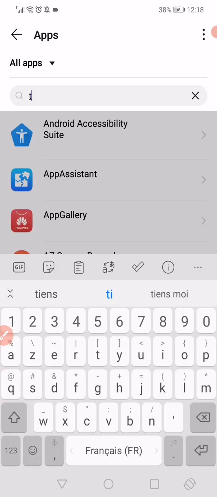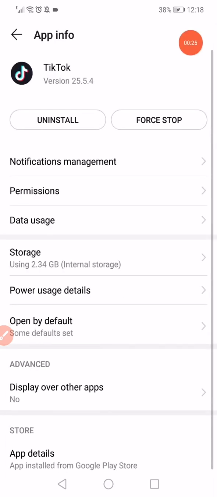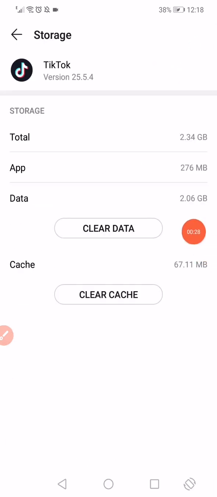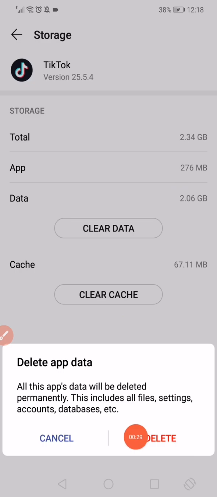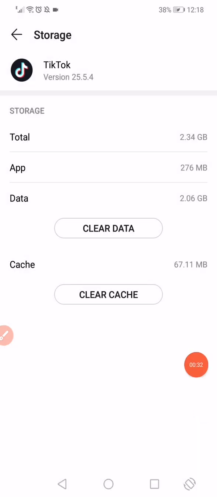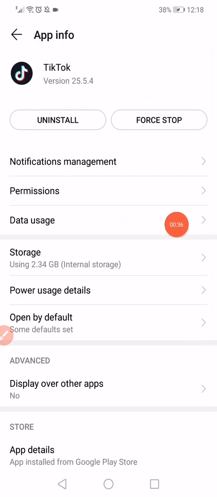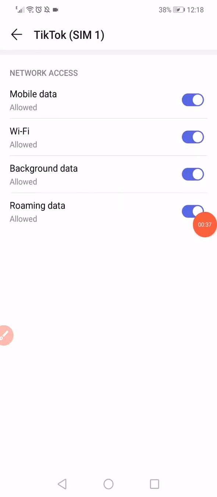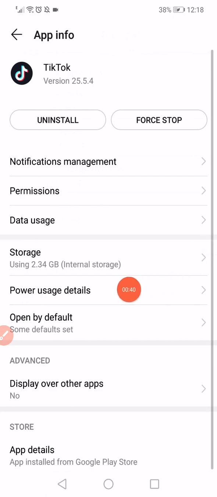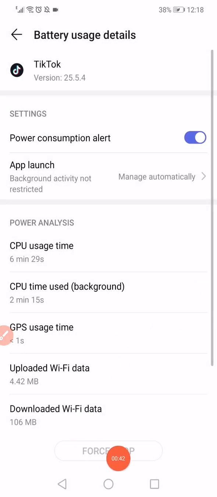the search bar here, search for TikTok, and then go to the internal storage, click on clear data and click on delete. Go back, click on clear cache, and now click here on data usage. Make sure that all those options are enabled, and then go to the power usage details, click on force stop